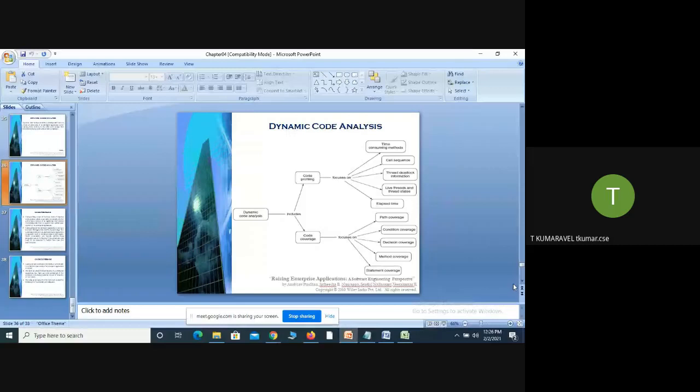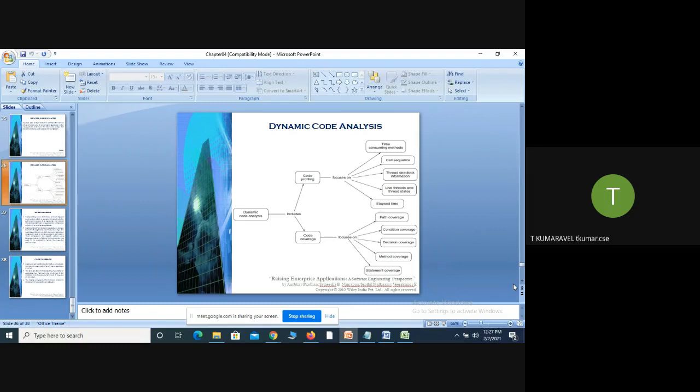One is called path coverage. Path coverage measures the degree to which the permutation of all the possible logical flows in the given code base is tested. For example, you have the main program, and within the main program you have n number of methods. All the programs you write use the concept of call by reference or call by value.